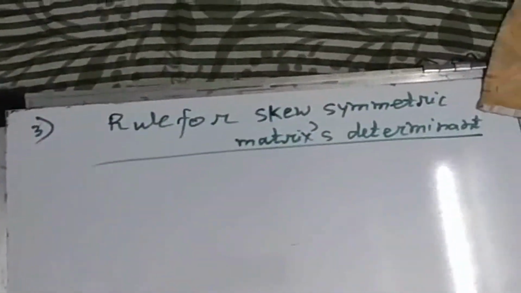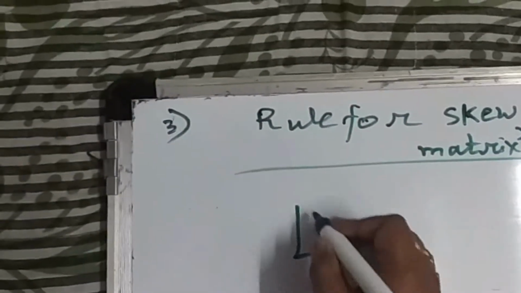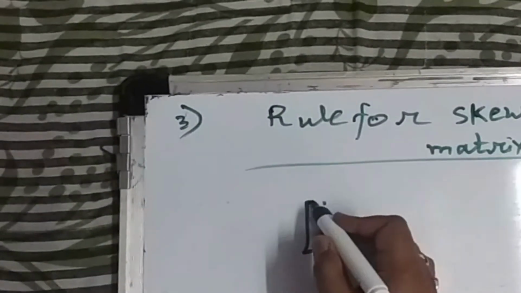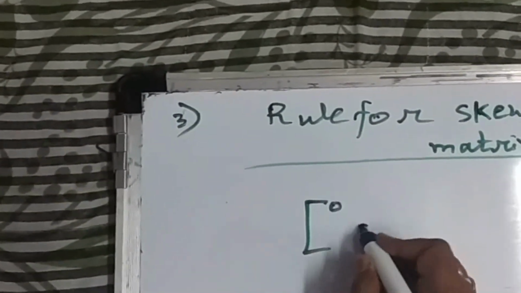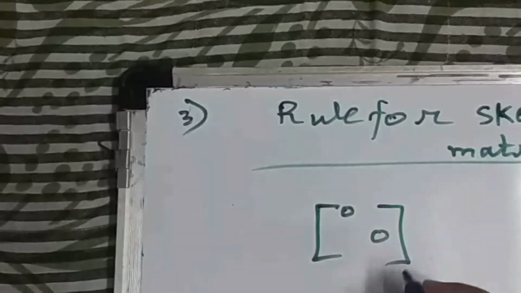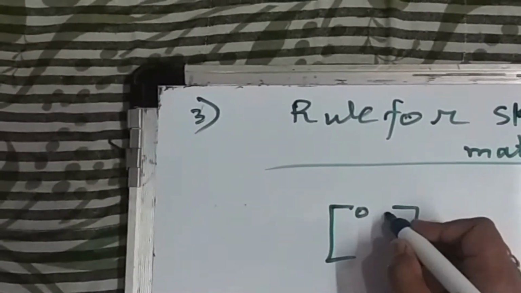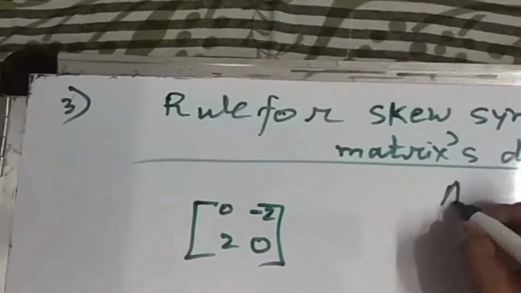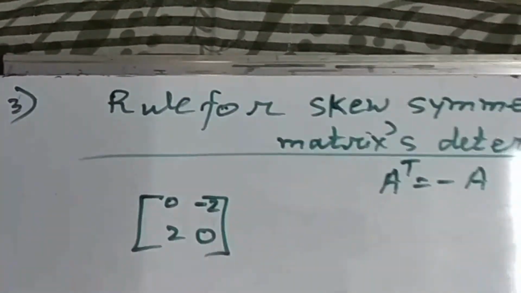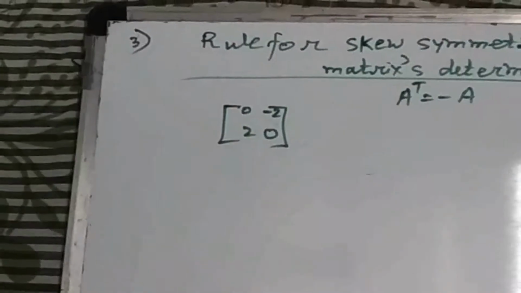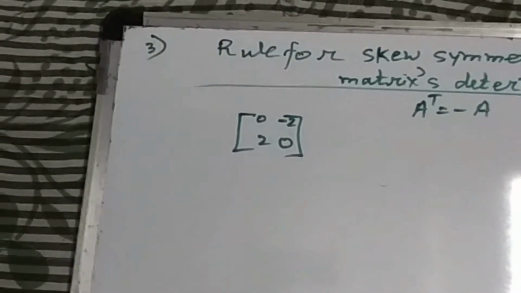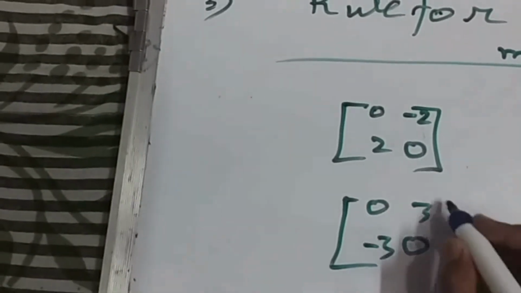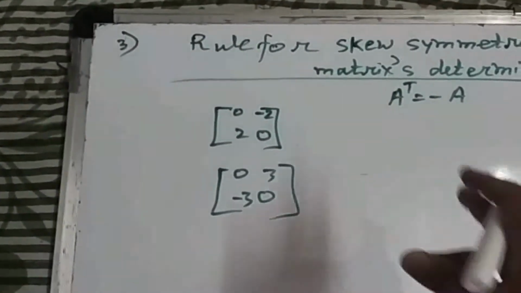Now skew symmetric matrix, I am giving one example. Here 2 into 2, the first thing you have to know for writing a skew symmetric matrix is that the diagonal elements are always 0, and then here if you are writing -2, here you write +2. Okay. A skew symmetric matrix was A transpose equal to -A. This was the rule for a skew symmetric matrix. Okay. Another example, 2 into 2, 0, 0. Here is 3, then here -3. So I am following this rule, A transpose equal to -A.